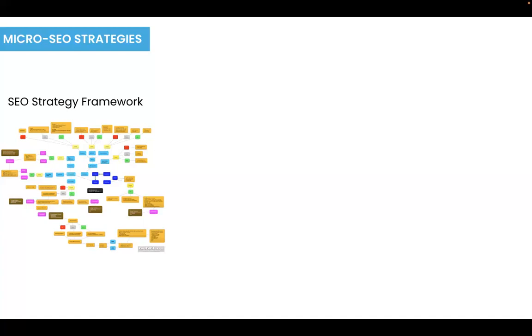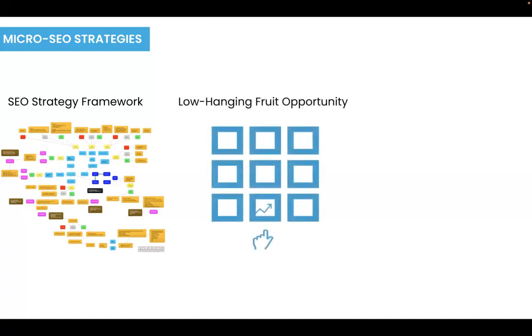So once we have that big picture, we say, okay, I think the best traction we're going to get over the next 3 to 4 months is going to be focusing on X, Y, Z. And the reason we use this framework is to make sure we look at every single aspect before deciding which ones to focus on first. Exactly. All right. So once that is in the box, we need to identify low-hanging fruit opportunities